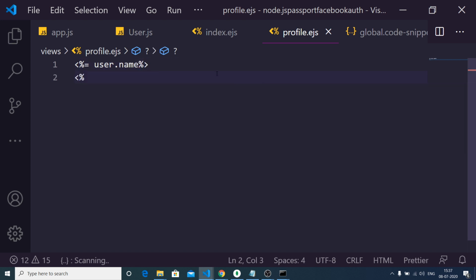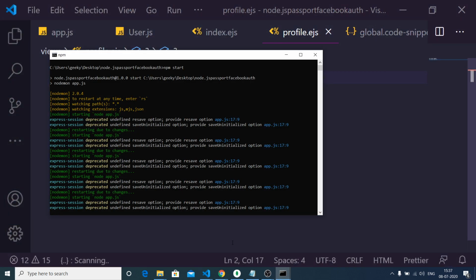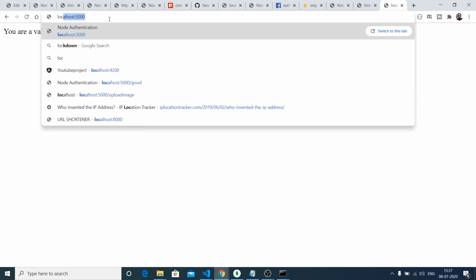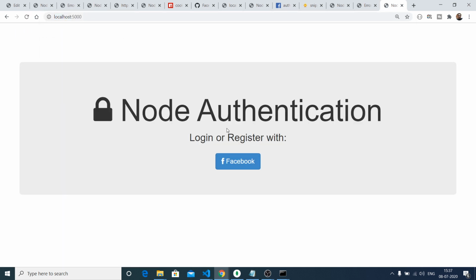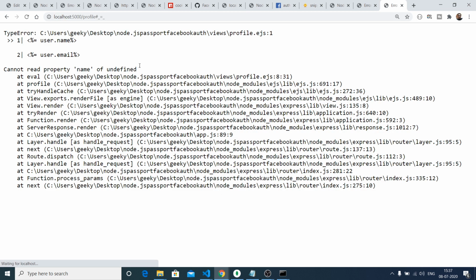In order to write the email address, we can have user.email. So if I refresh it now, localhost 5000. If I click Facebook, it is saying to me that user.email is not defined.